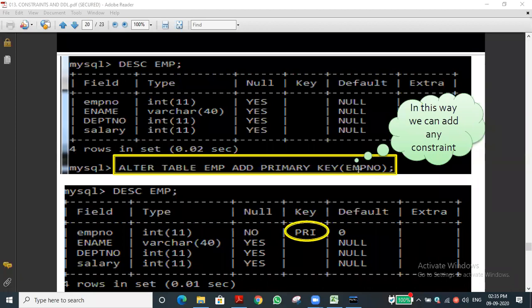One thing I always recommend: at the time of creation of the table itself, you describe the primary keys, constraints, and columns. Everything you do at the starting time of creation of the table. While you are creating the table for the first time, you should add it then. After that it is not possible, sir. You are seeing that possibilities are there, you are literally seeing it. But what is the thing?